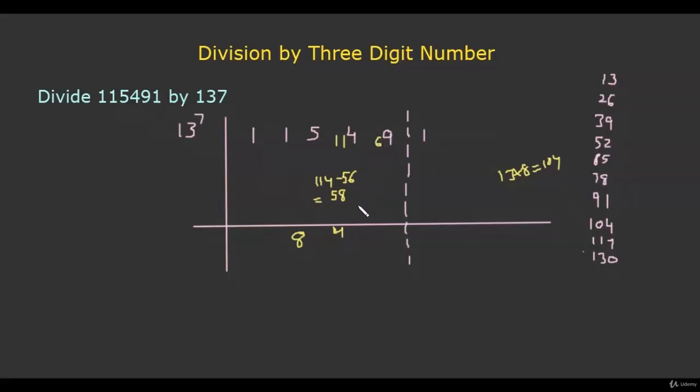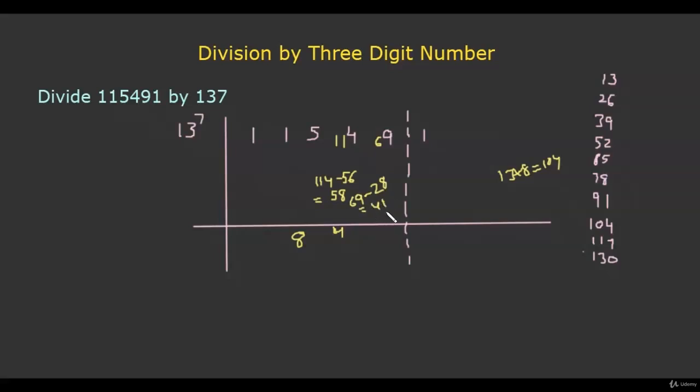So the next dividend number becomes 69. From 69 we have to get the net dividend number by subtracting the product of the flag digit number and the previous quotient number. 7 times 4 gives us 28, and 69 minus 28 equals 41. So this 41 is the net dividend number.